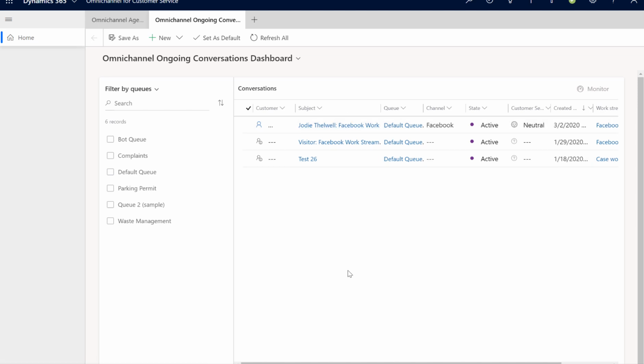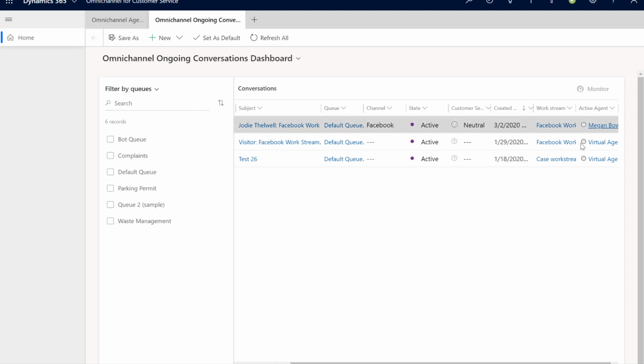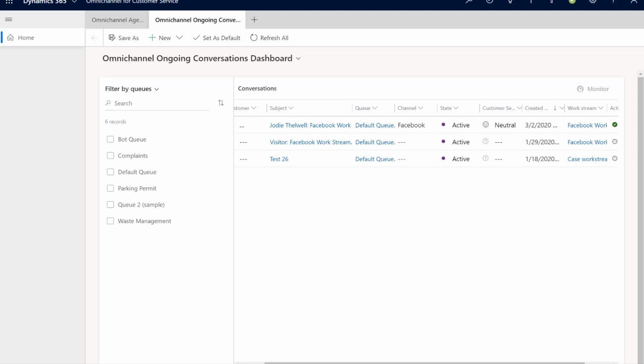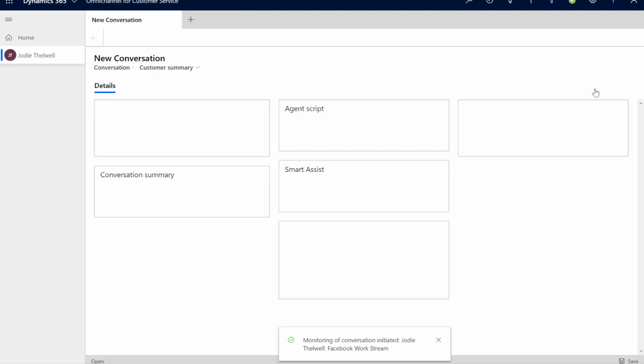And also it shows who is having the conversation, as well as the sentiment associated to each conversation and the channels that the conversations originated from. Now, imagine one of the conversations might be negative or even very negative. It might be in their best interest to monitor what's going on in that conversation.